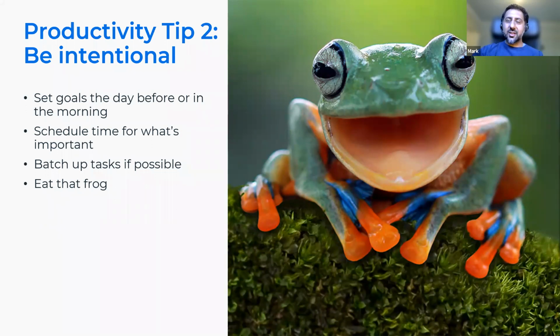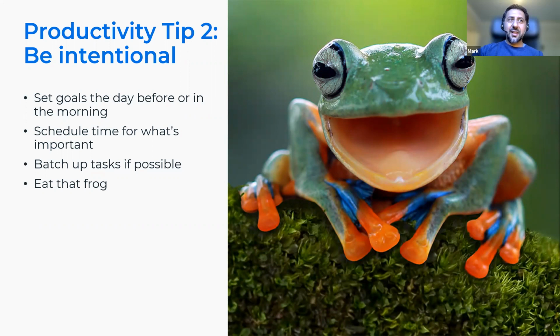So you might wonder why there is a giant frog on the screen. There is a concept of eat that frog. This is a book that was written, and it's quite a well-known concept. But if you've not heard of it, it's basically where you schedule your most difficult task, the task where you don't really want to do it, not today, not tomorrow, not ever really. If you schedule that task for the first thing in the morning when you have the most energy and you get a little bit of the task done, that's like eating a frog in the morning, because that's quite a difficult thing to do.